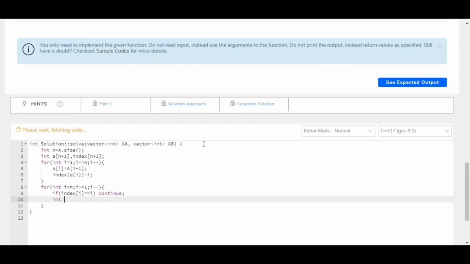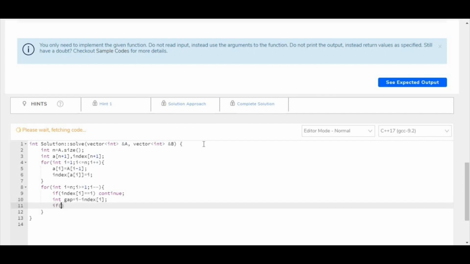So let's call gap the number of movements we have to do. We need to put the current element at i, and the ith element is at index[i]. So we'll have to do i minus index[i] swaps. If this is negative, notice that we can only move elements forward because we reversed the operation, so we will only move elements forward.